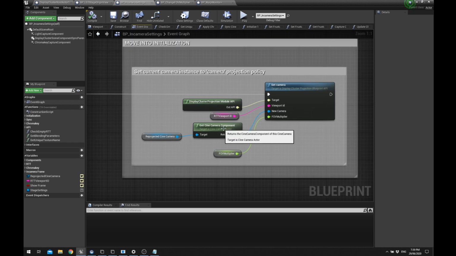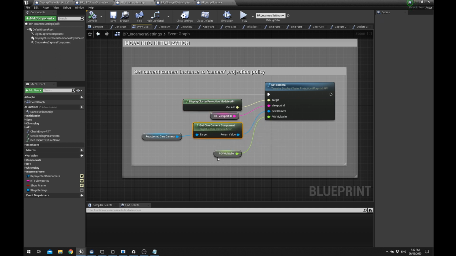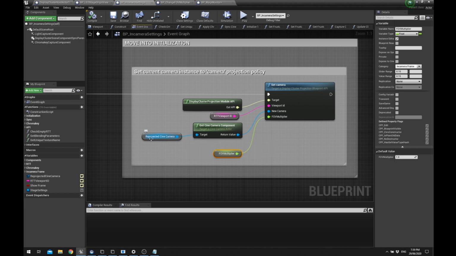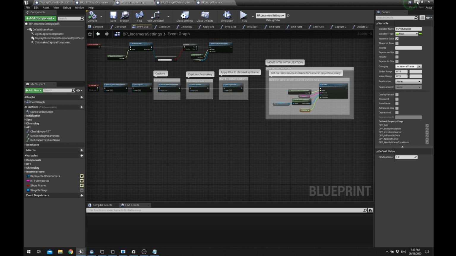And then it's basically telling the display cluster projection module to use this render to texture, this camera position, and a field of view multiplier, and it's sending that out and it's projecting it onto the views. And that's really all that is doing. Now,